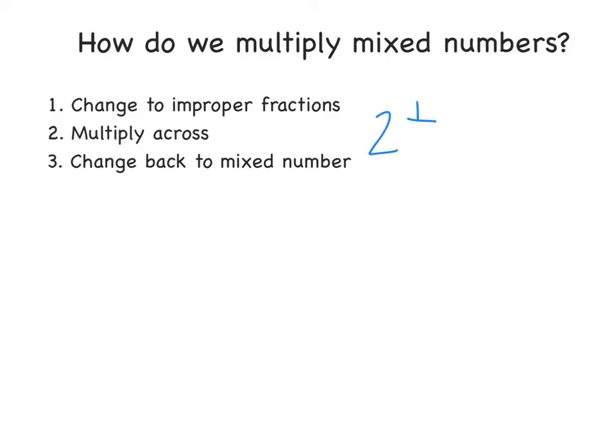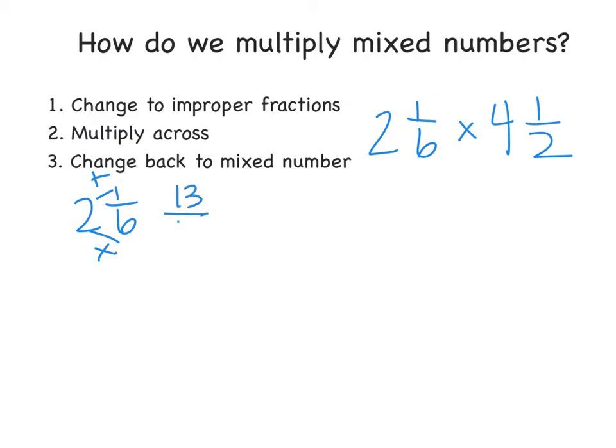My example is 2 1/6 times 4 1/2. The first step says to change them to improper fractions. Remember back to last topic, in order to change 2 1/6 to an improper fraction, I multiply 6 times 2 is 12, and then I add on 1, 13, and my denominator stays the same. For 4 1/2, again, I'm going to multiply the denominator times my whole number. 4 times 2 is 8, plus my numerator of 1 is 9, and my denominator stays the same. Now it says to multiply across,